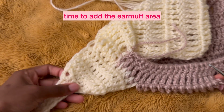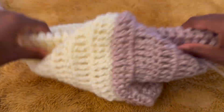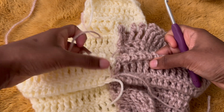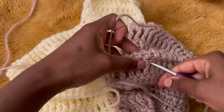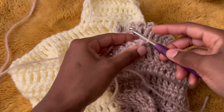Now let's make the earmuff section. What you're going to do is make sure that your beanie is facing outside, but turn it upside down, and count 5 stitches of each color to the side. The reason why is we're preparing to make sure that the width of our earmuff is going to cover our ears. So once I have that set, I'm going to place my crochet hook through and pull through those 2,